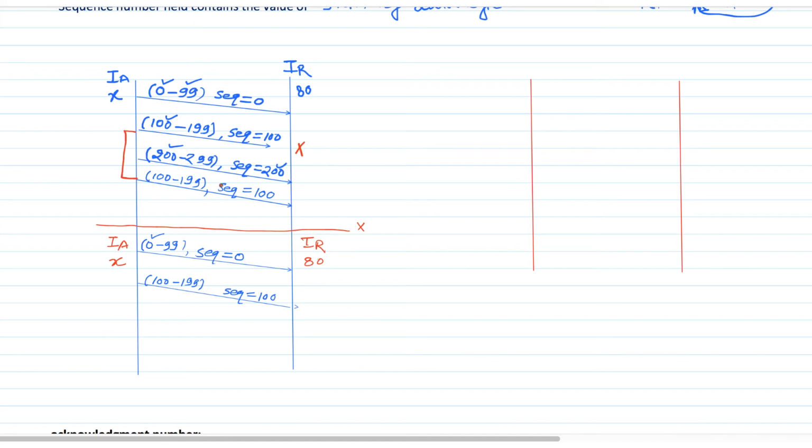So suppose the earlier byte stream having the same sequence number was not actually lost in the network, it was just delayed, and now this byte stream appears here. Then this receiver is going to receive two data streams having the same sequence number, which is 100.